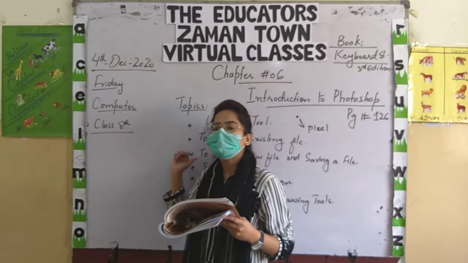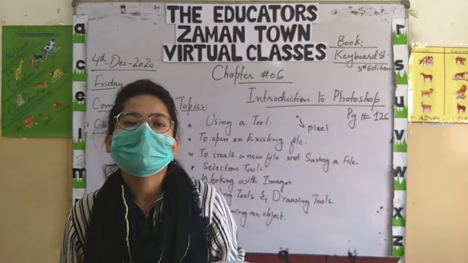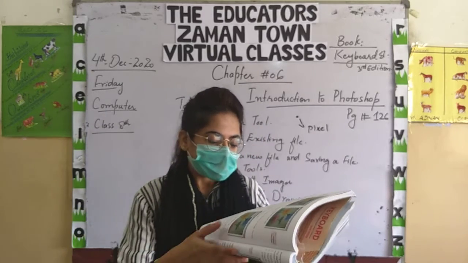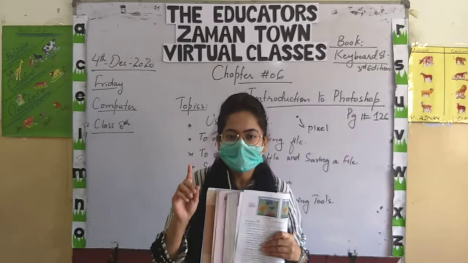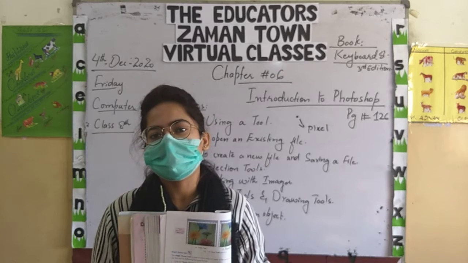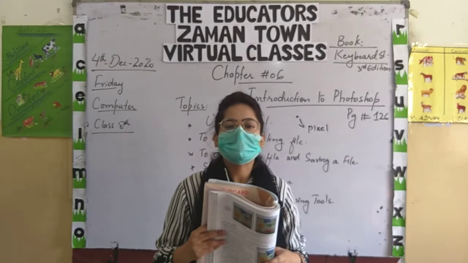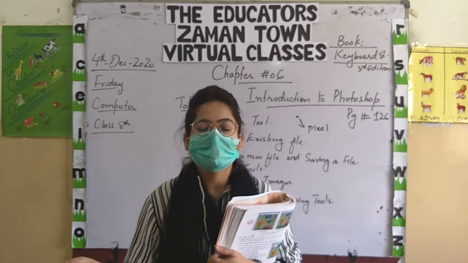So if I am selecting on the first layer that image, it will also select it onto the other layer as well. Working with images. Working with images we have different options: moving an image, copying an image, and cropping an image. First one, moving an image. What is meant by moving? For example, if I want to use a particular area onto another location, how can I move?